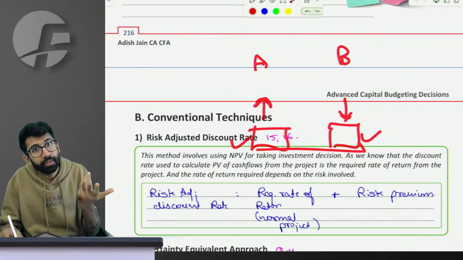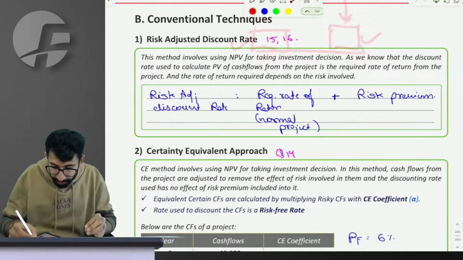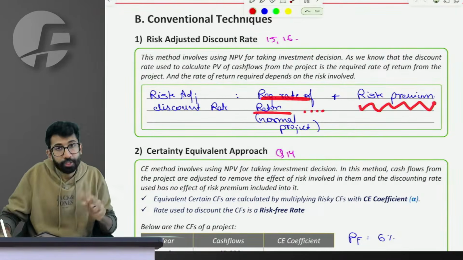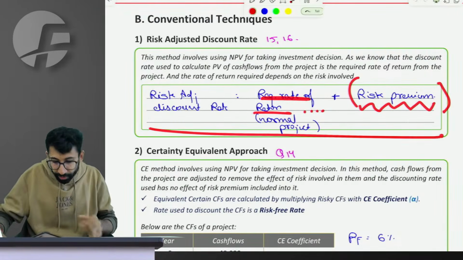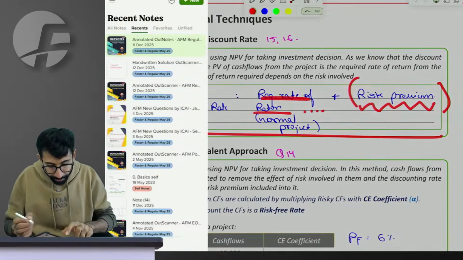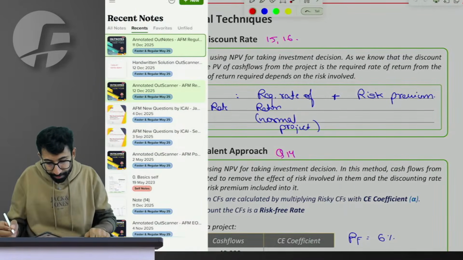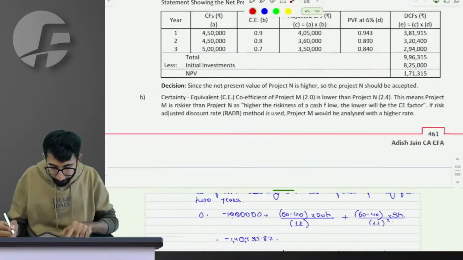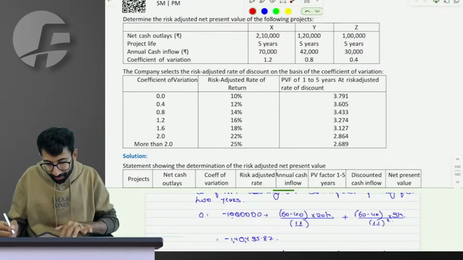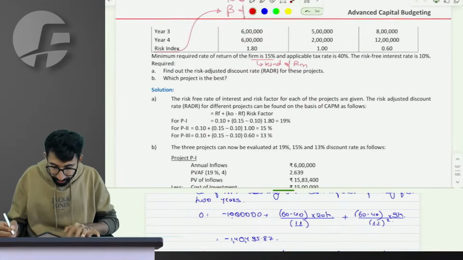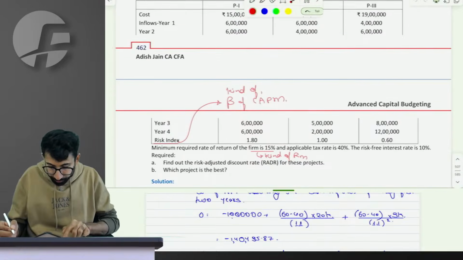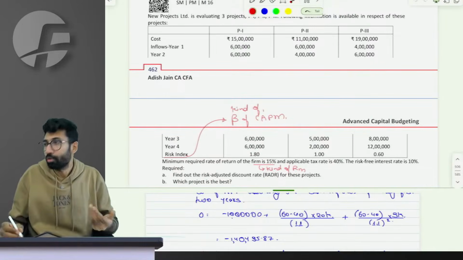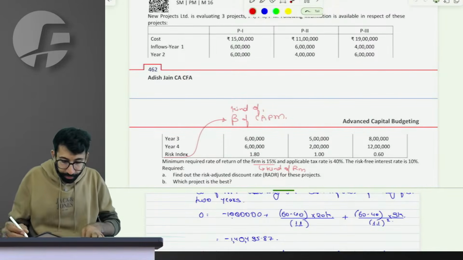Simple. Yes. Risk adjusted discounting rate is the normal discounting rate, plus if there is a risk premium because of higher risk, you add it. That adjusted discounting rate is what you use to calculate NPV, on which we have practical questions. Question number 15 and 16, which are really easy. 15 is extremely easy. In fact, 16 is also there. Let's solve 16 just out of randomness, because that seems to be a bit more advanced.